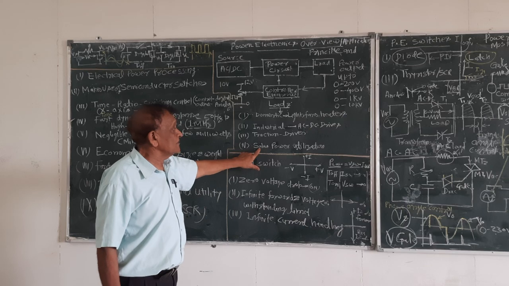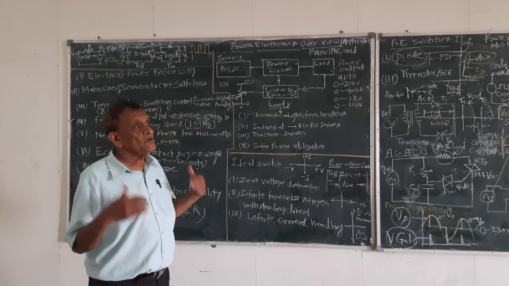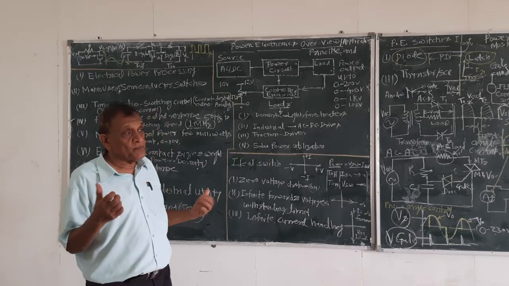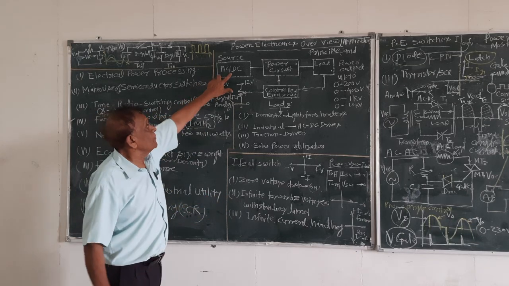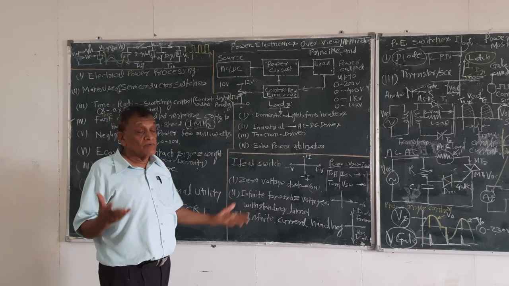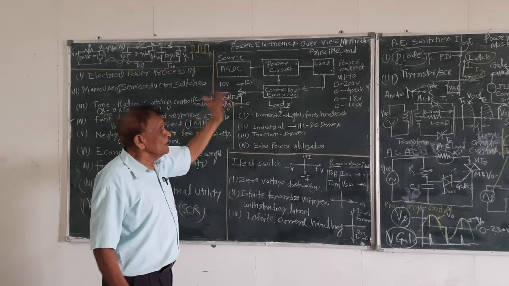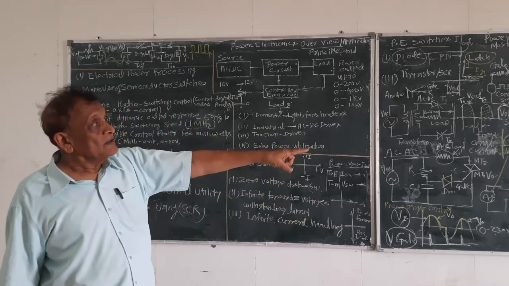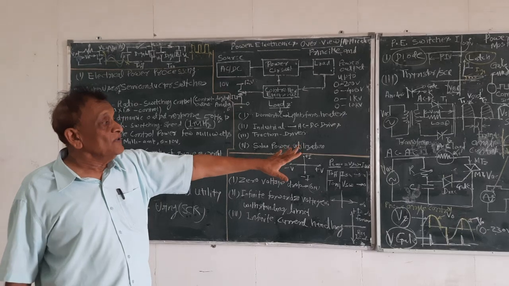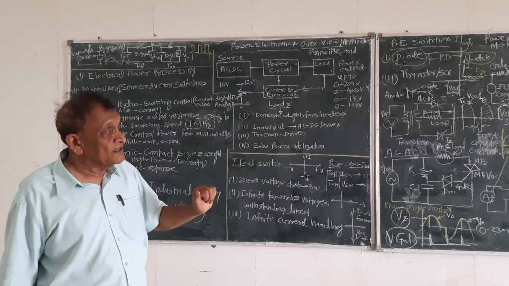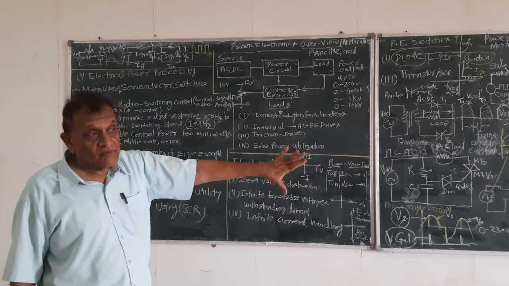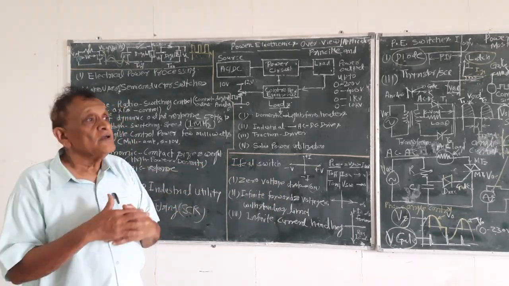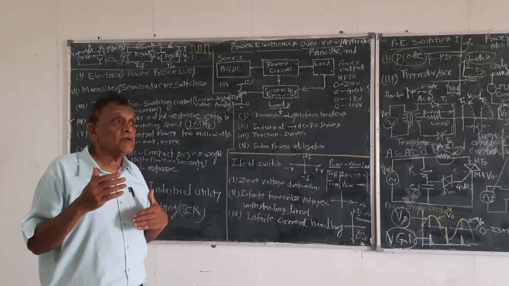Another most important application is solar power utilization. Now we are using rooftops with solar panels which produce DC power. But what we use is AC power. So we need a converter which can convert DC to AC. This converter we call a solar power inverter. So the solar power inverter converts DC to AC, and the switch that is being used is another switch that has the name power